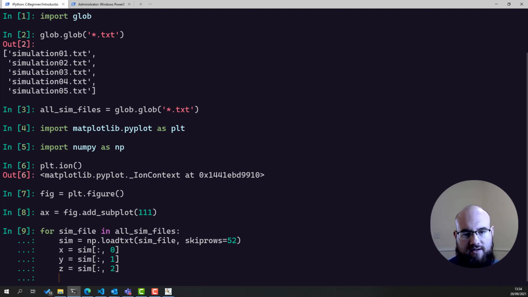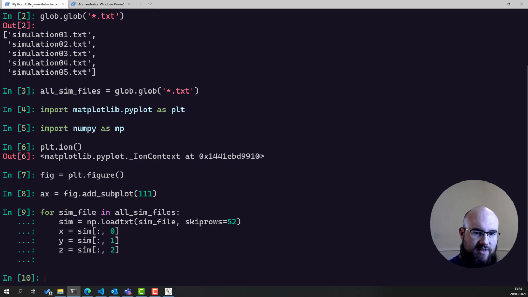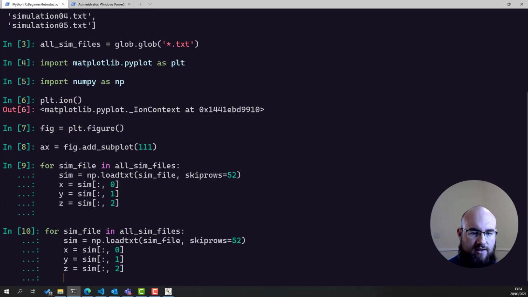Now we've got all the data, so now we just need to do a cross-section through it. So we do that by finding the smallest y value. So what we can do is say, okay, x is equal to x, where y is equal to np.amin. So we're taking the smallest value